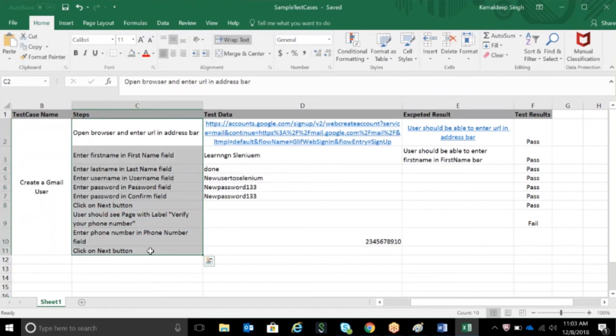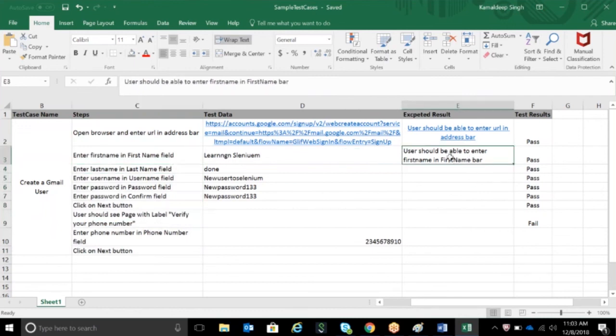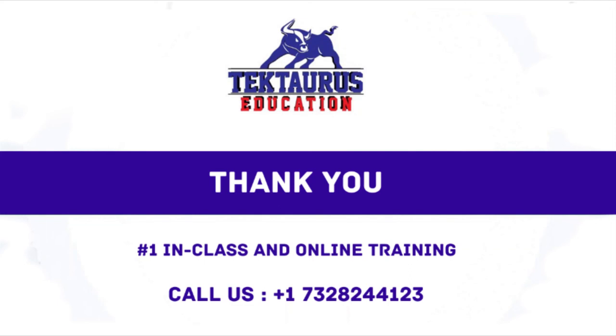But we will put some more conditions to it. They say the user should be able to enter the username, but in automation we follow the same hierarchy and put some more validations. What if the user is not able to see the first field? There could be possibilities that when someone hits this URL, it says the page cannot be displayed. In scripting, we will put all those exceptions in to handle it and make the condition pass or fail. Okay. So far